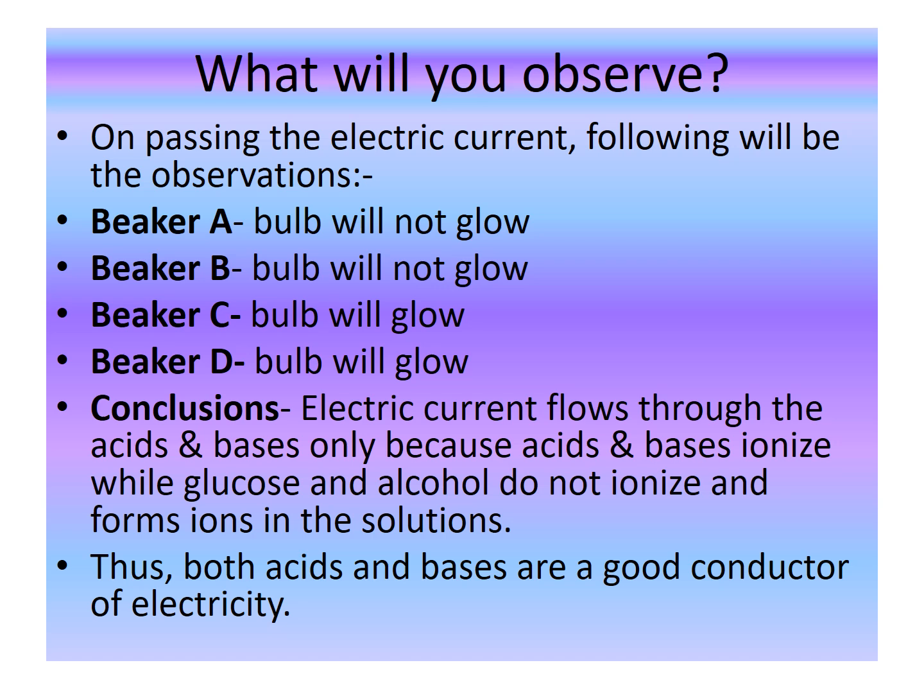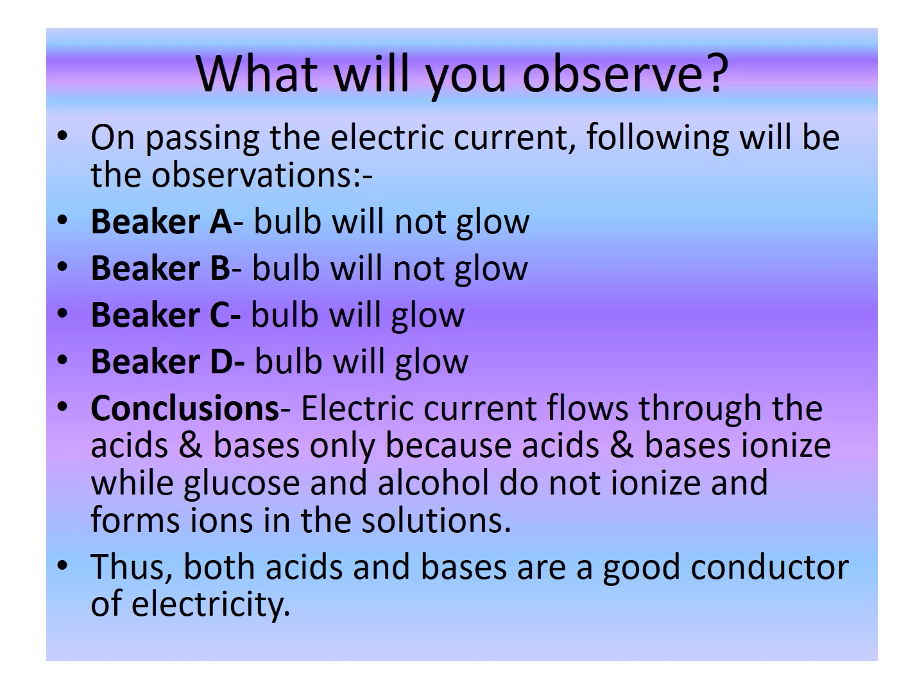No. In the beaker A, which was containing glucose solution, the bulb will not glow. In the same manner, in the beaker B, which was containing alcohol, again the bulb will not glow. Beaker C containing hydrochloric acid and the beaker D containing sodium hydroxide, in both of these beakers, the bulb will glow. You must be wondering why. Although all of them were containing hydrogen, but still the bulb is glowing only in the beaker C and D. So why does this happen?